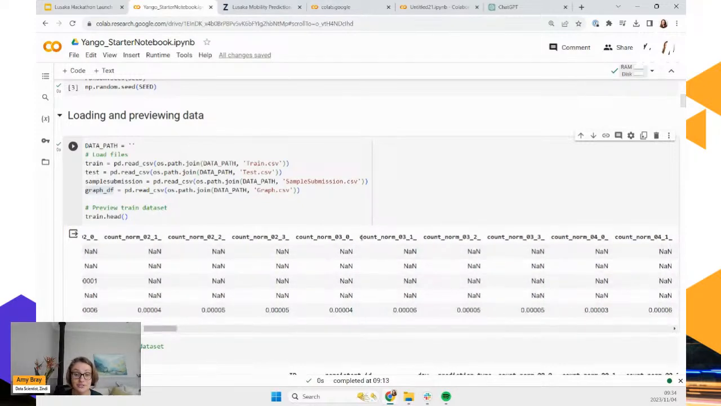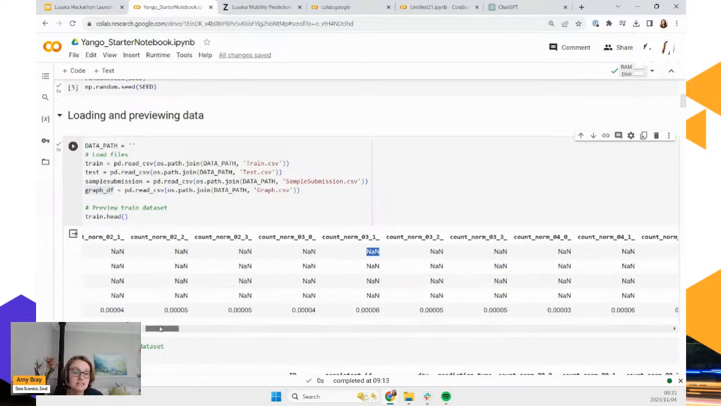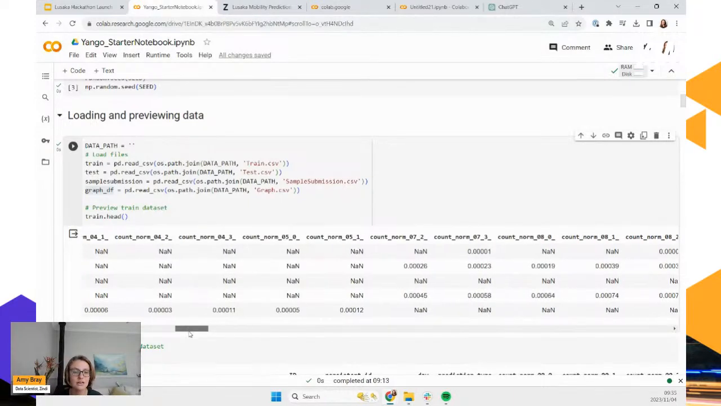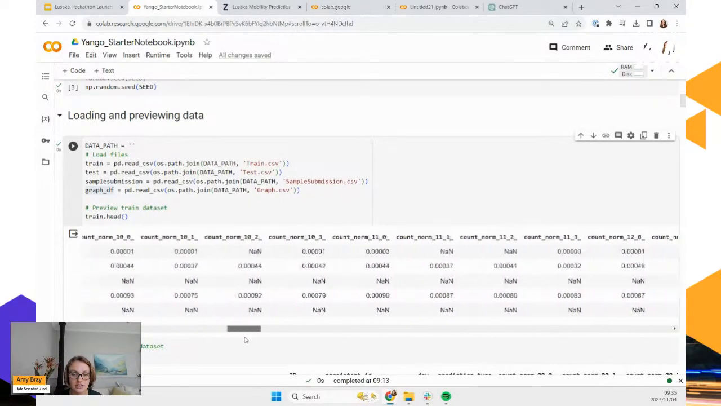If we go to count norm 03_1, do you think you can figure out what that is? So that's 3 a.m., quarter past 3, to 3:30 a.m. is period 1. And these are our count norms. So again, no cars were recorded. So this must maybe be quite a suburb road that no one drives around at 3 a.m. We continue scrolling along this data set